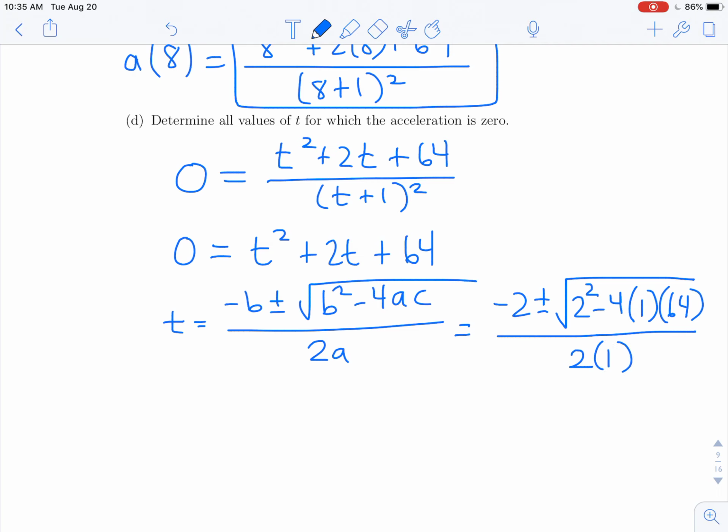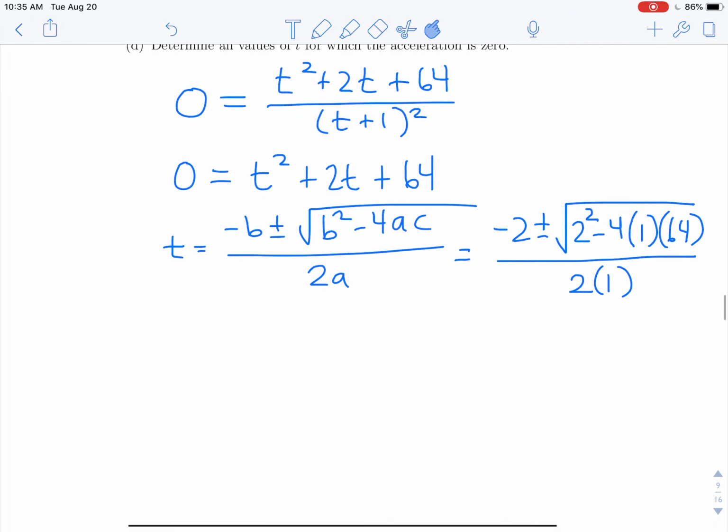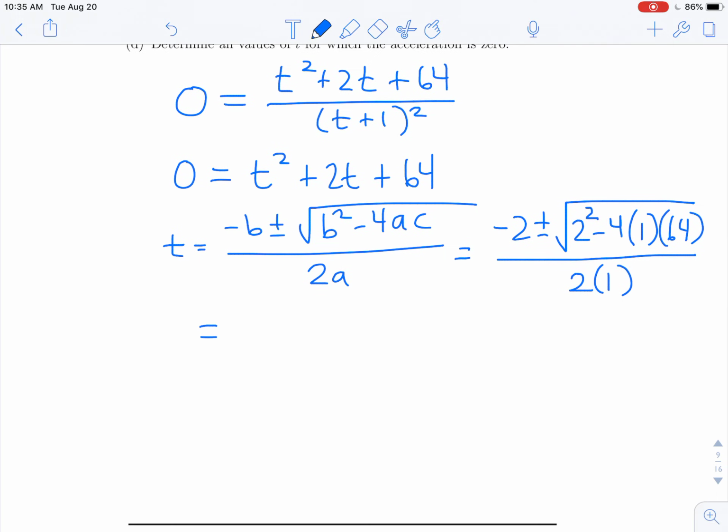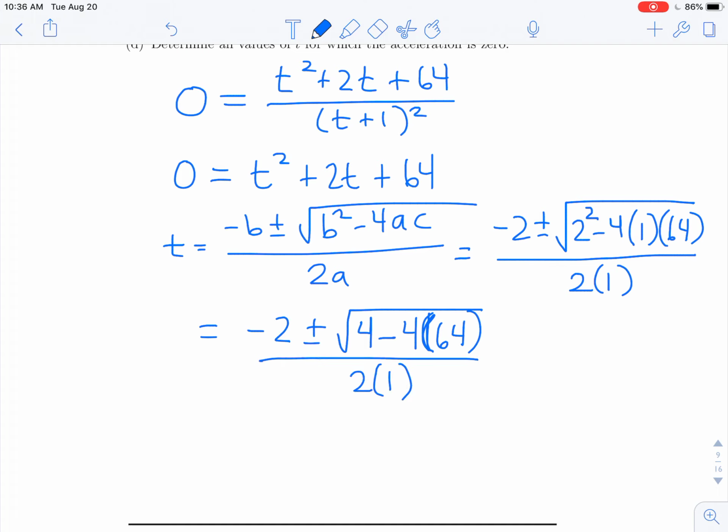And this is problematic because what we have is negative 2 plus or minus square root of 4 minus 4 times 64 over 2 times 1. When we do 4 minus 4 times 64, we're going to get a negative under the